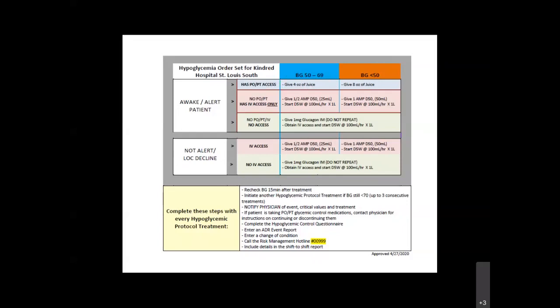If a patient has a PO or tube access, we're going to be giving them juice. If a patient does not have a PO or tube, if they only have IV access, then we'll be giving them half an amp to an amp of D50 plus starting D5W. If the patient has no access, that's 1 milligram of glucagon, IM. We cannot repeat this IM glucagon, so we're definitely getting an IV or IO access in case their blood sugar drops again, and starting a D5W drip. And then the same and so forth for